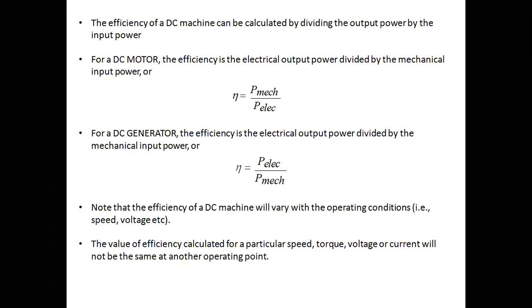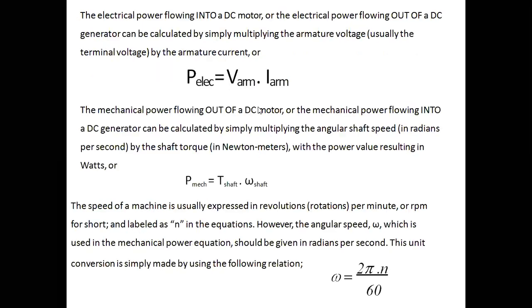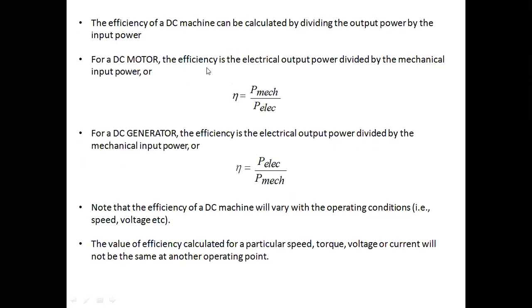So if we are supposed to find the efficiency of DC machines, on this also you are supposed to solve the numericals. So you are supposed to see how you will get mechanical power and how you will get electrical power. Mechanical power कैसे मिलेगा? Angular velocity and torque, and electrical armature का voltage, armature का current. So if we are supposed to solve efficiency for DC motor, it will be the ratio of P mechanical with P electrical. But for the DC generator, it is exactly vice versa.